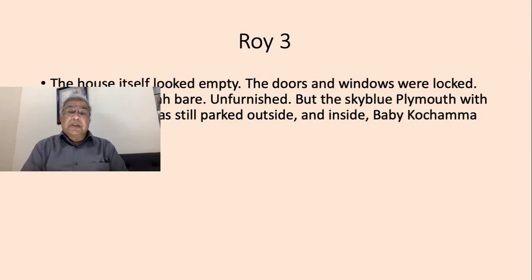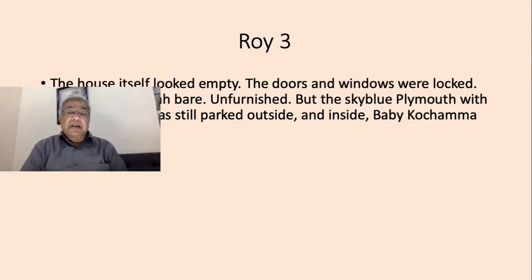So, in that way, the third passage goes on to talk about Plymouth, one of the machines. That means a car which is standing there. And besides that, we find that the house is mostly empty. And in the empty house, the windows and the doors are locked, they're not open. And on the front veranda, we can have a look at one sky blue tail fins car, which can be seen standing there, parked there. And alongside this, inside the house, one can see